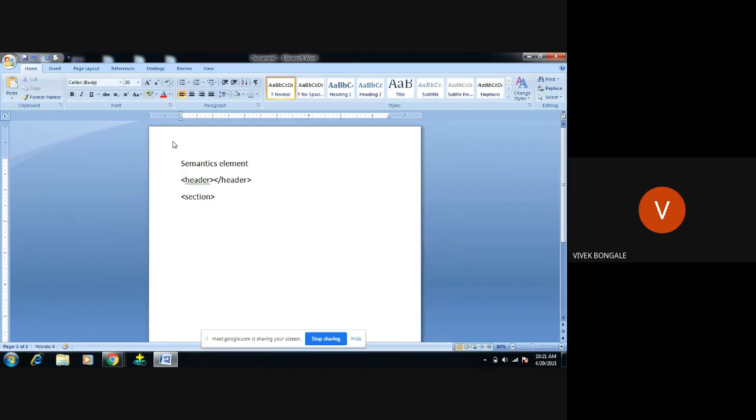Section is nothing but it gives a brief description. Okay, it elaborates one particular concept. For example, SVIT, I want to give one full page explanation about SVIT. Those types of content we are including in the section. One full brief description about one particular concept, that thing we are going to give in the section part. Then under section we are going to give the articles.